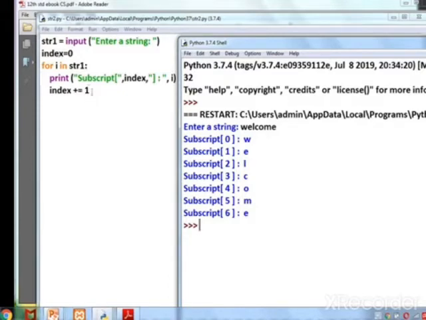One value is increased, so 0 is turned to 1. Again it will check. So the next character E is taken through i. Here this index is used just for us to display the numbers. So WELCOME is stored in the index value starting from 0 to 6.